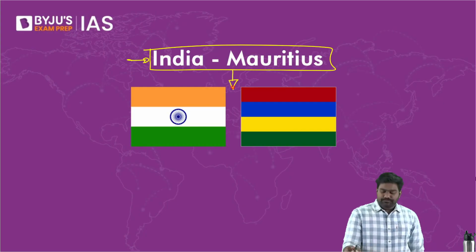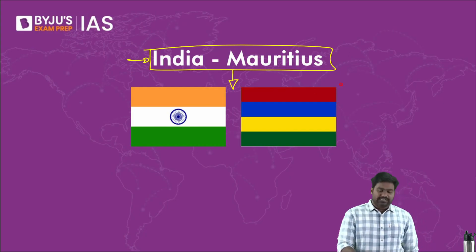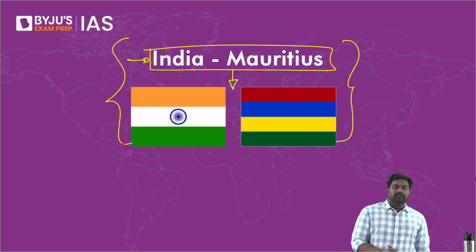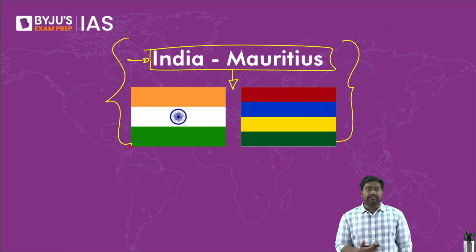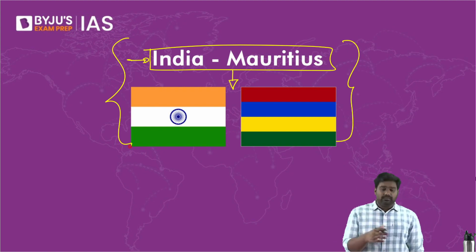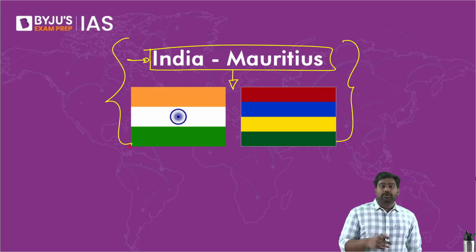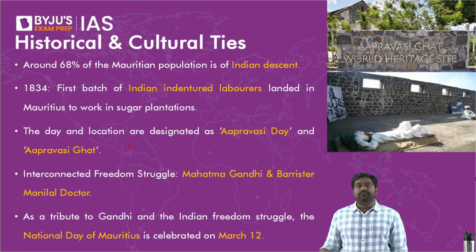India, Mauritius, and after that Seychelles. These are even smaller than Maldives. The topics are much smaller because the countries are very small. The issues, the topics to discuss are very minor. But still, collectively, the topic becomes important because there could be a broad question on the Indian Ocean.